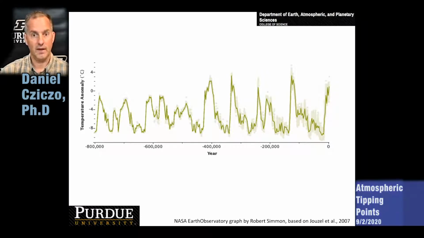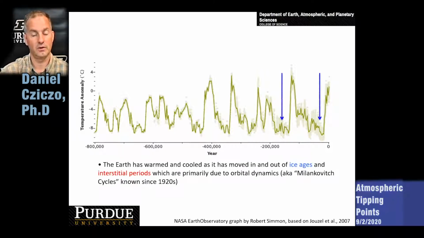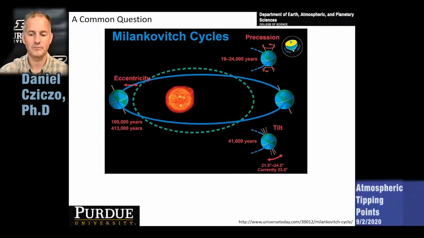And so looking back in time, we can see that there's different periods of time that are a good bit colder than it is now, and these are commonly called ice ages. And there's periods of time that are similar to the temperature now, and these are called interstitial periods. And I think everybody that's watching this should be very happy to know that we are currently living in an interstitial period, not in one of the ice ages that many of us have probably read so much about.